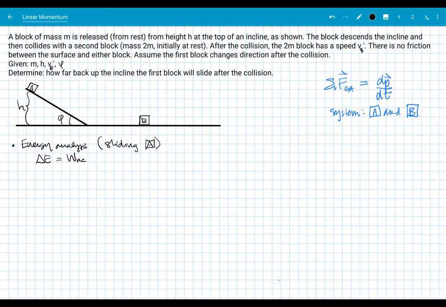And if I look at block A, I can consider a free body diagram for block A while it's on the incline, right? So think about what that's going to look like. Oh, yeah, sure. There's a normal force on that block, right? And then we have the weight of this block. Block A is mass M,